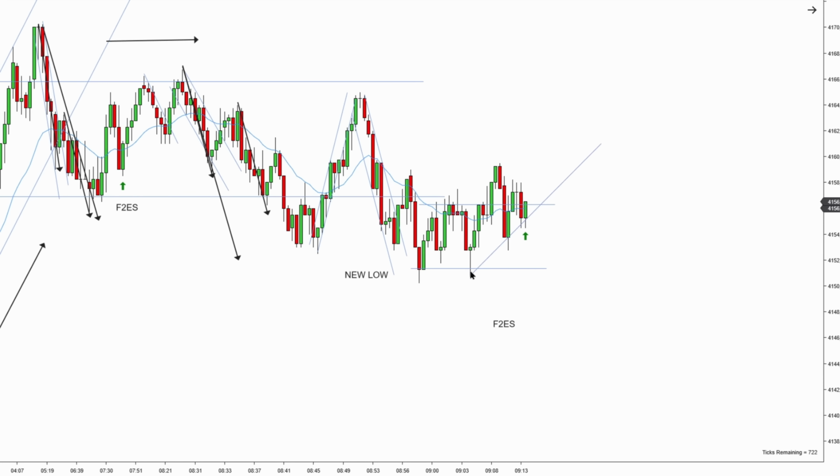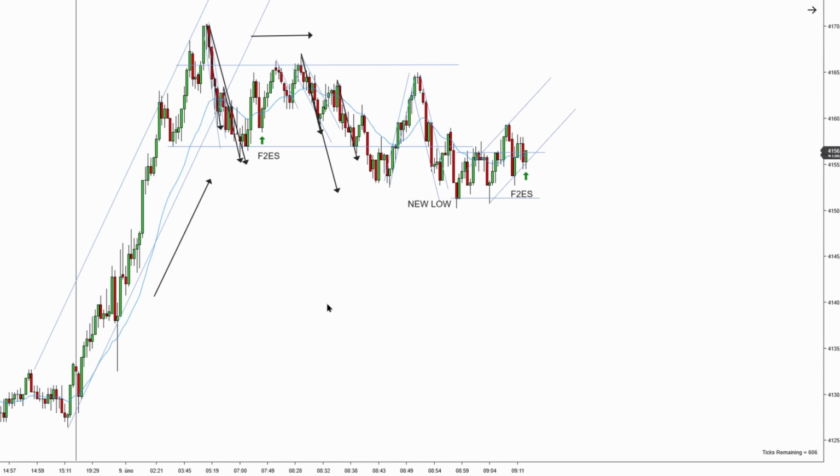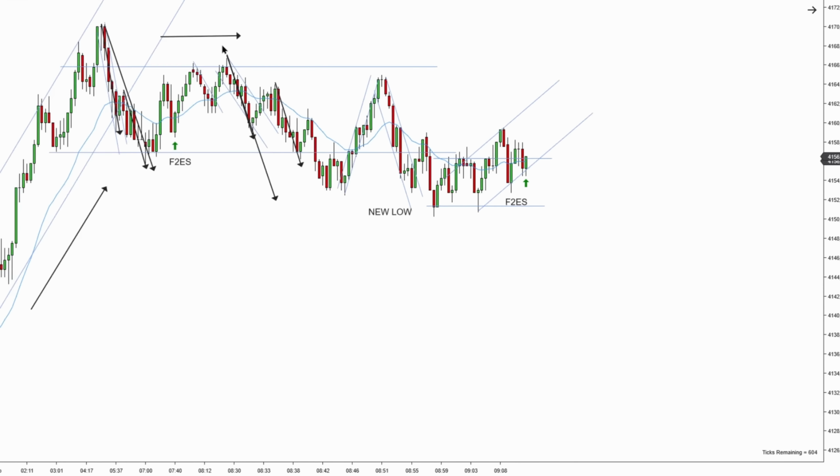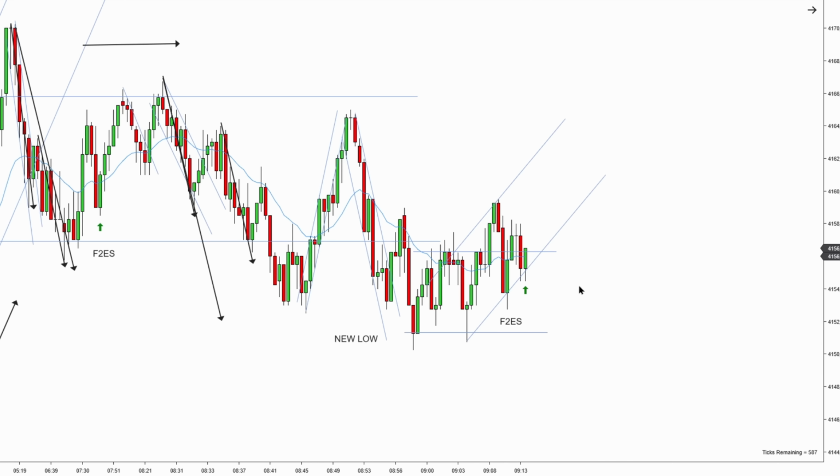I can redraw the wider uptrend because I can see smaller higher lows, and at this point I'm still expecting prices to reach the possible new high for this uptrend. There's still a chance that we may reach it. In fact, 80% of the time you will reach it. So I'm just following the rules and following the bias.